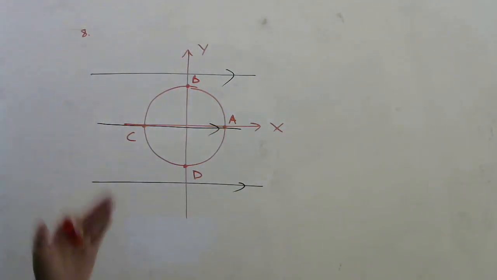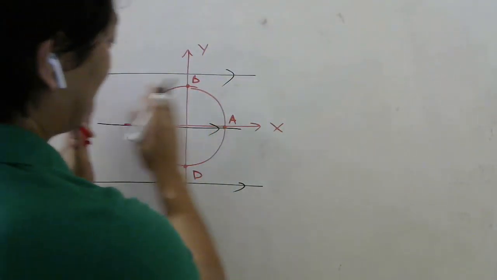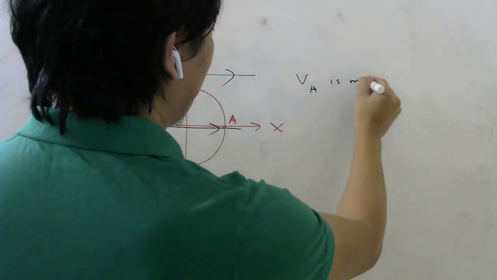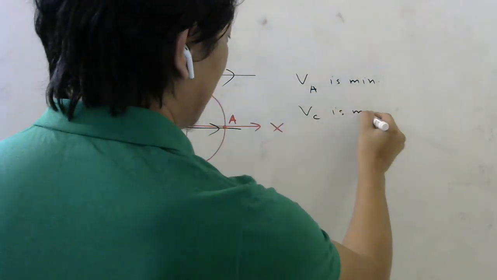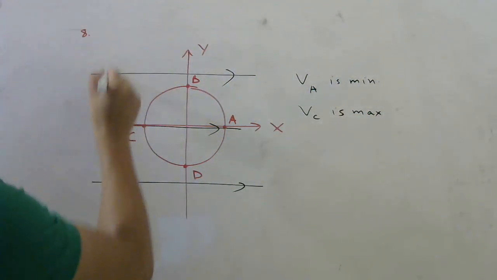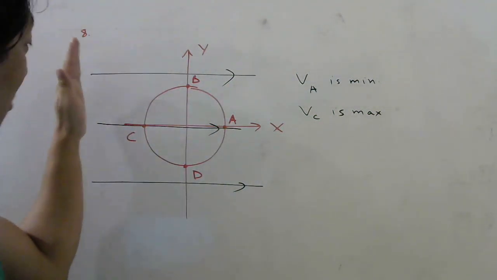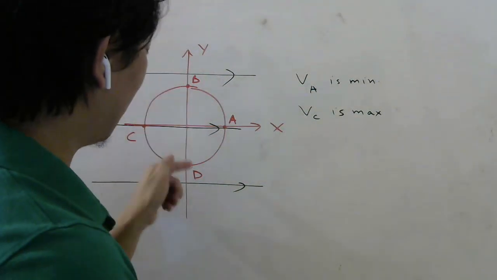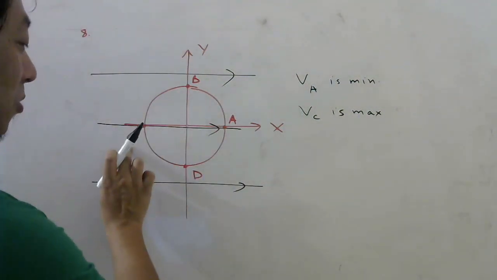So electric field is from where to where? Higher potential to lower potential. So if you go like this, which point will I touch last? A, no? So potential at A is minimum. Where will it be maximum? At C. At C potential is maximum, because first I will touch C, right? Because you have to draw the equipotential surface perpendicular to electric field lines. As you move along the electric field, first you will touch C, then B and D, then you will touch A. So from higher potential to lower potential, maximum potential, minimum potential.